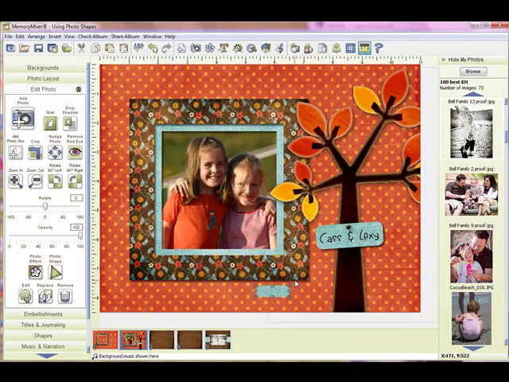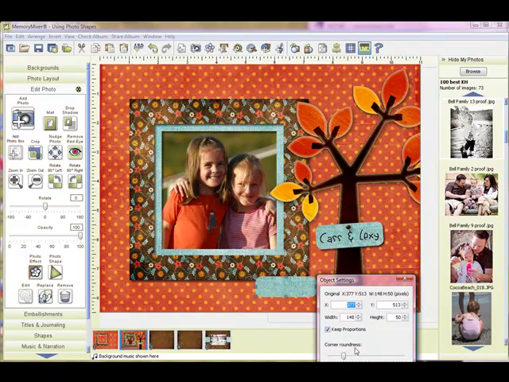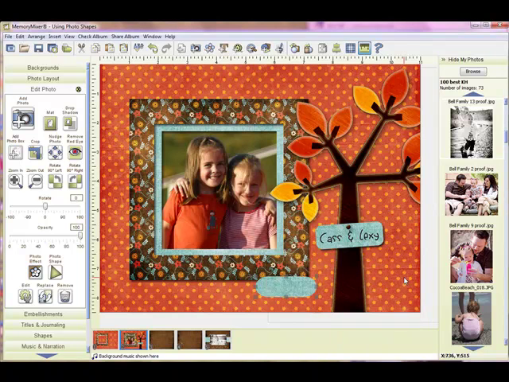Now if I want to resize it, I can also grab the corners. I can also change the roundness of the corners with my edit. So I can make it just barely round, or I can make it very rounded. So whatever look you're looking for, you can adjust it here. As you notice, there are other shapes. So we're going to click over to the next page and work on our next layout, showing you some more